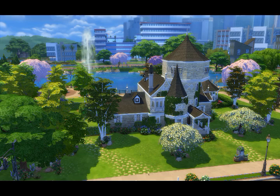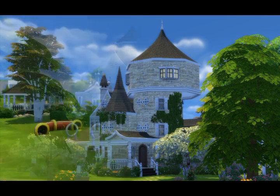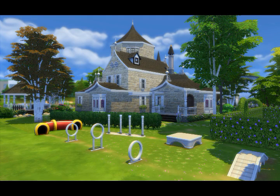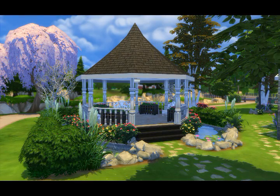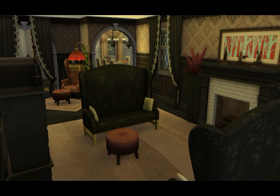Here is our fairy tale house from the front. I love how it turned out, and this is just a low level shot showing you how the tower is larger and the front door. This is Cinder's pet training area, nice and open so that you don't have trees getting in your way. Our gorgeous little gazebo, perfect place to sit with our potential beau. Here's the entrance hall, again with that white dresser being the focal point, and our fussy little parlour, I guess,